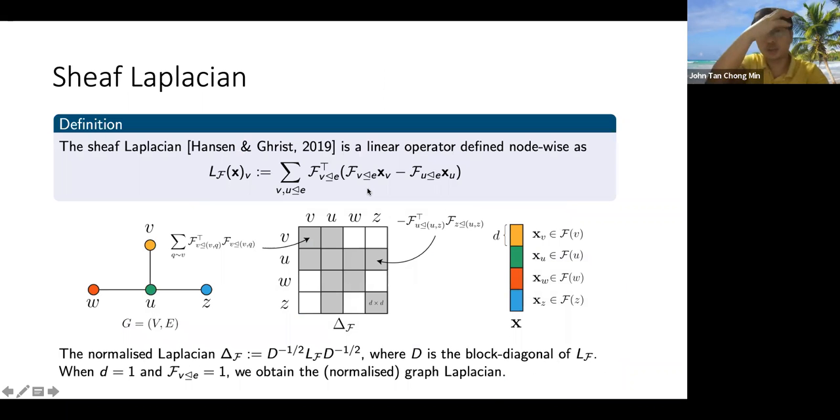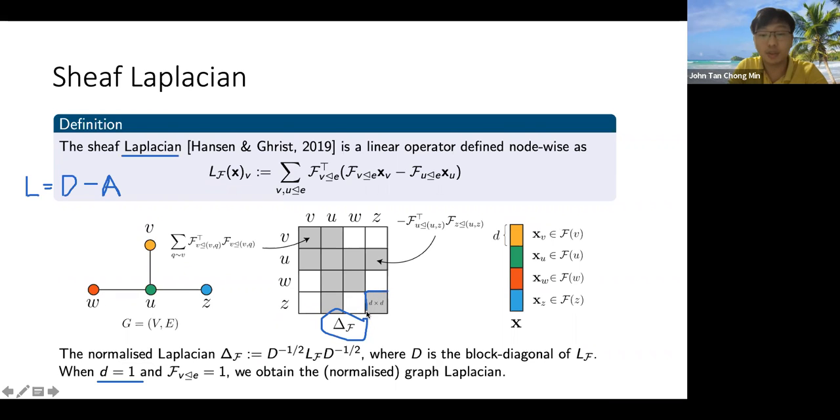So now how do we construct this Sheaf Laplacian? This is the Sheaf Laplacian over here. The traditional Laplacian, as illustrated earlier, was this equation: Laplacian equals the degree minus the adjacency matrix. So for the Sheaf Laplacian, if we treat the dimension as d equals 1,